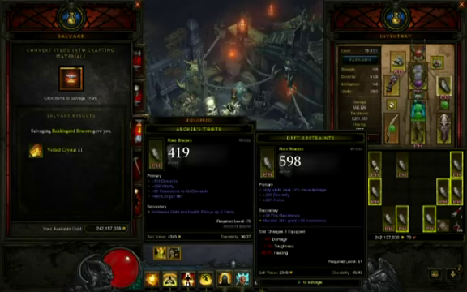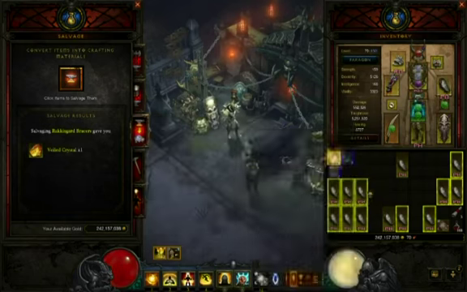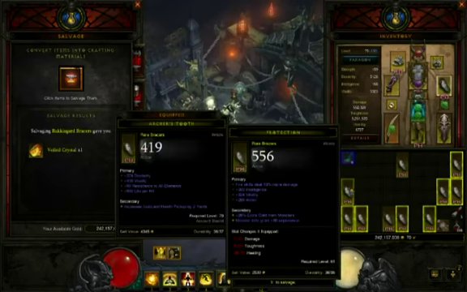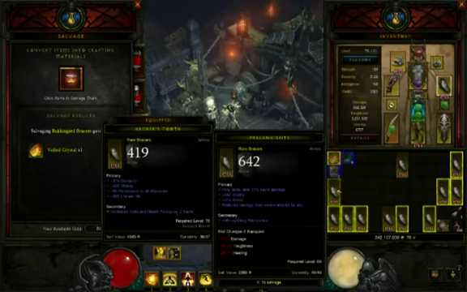I noticed that you can get life on hit on bracers and helms. I think you can get it on gloves. There's a ton of things that you can actually get life on hit on now. Yeah, well, there's no life on steal, so...